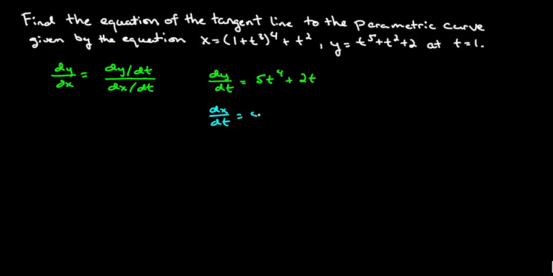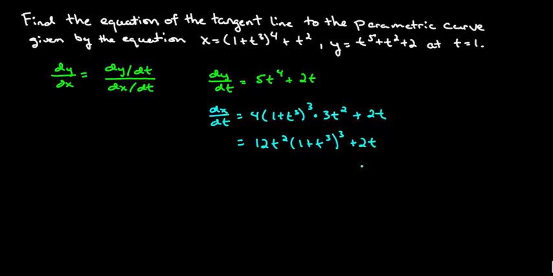So this will be 4 times the quantity 1 plus t to the third, raised to the third power, multiplied by the derivative of the inside, which is 3t squared, plus the derivative of t squared with respect to t, which is just 2t. Now we can go ahead and simplify this a little bit. So we're going to get 12t squared times the quantity 1 plus t to the third, cubed